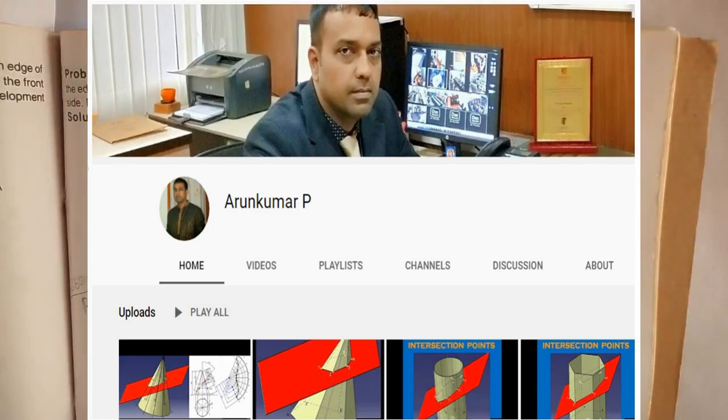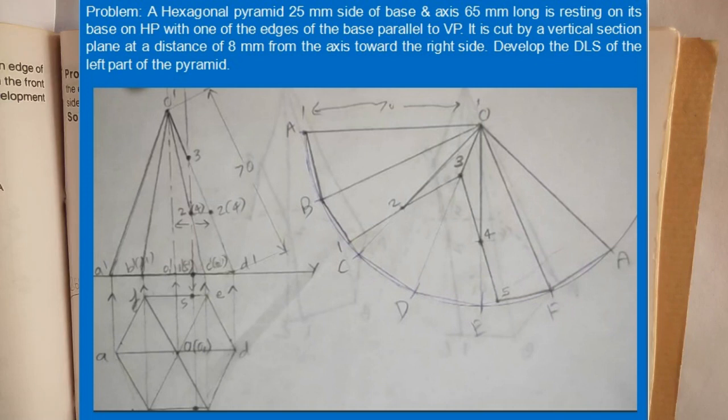Guys, this is Arun and I'm back with another video on development of lateral surface. Now here we will be using the paper, pencil, scale and all the drawing instruments and actually see how we